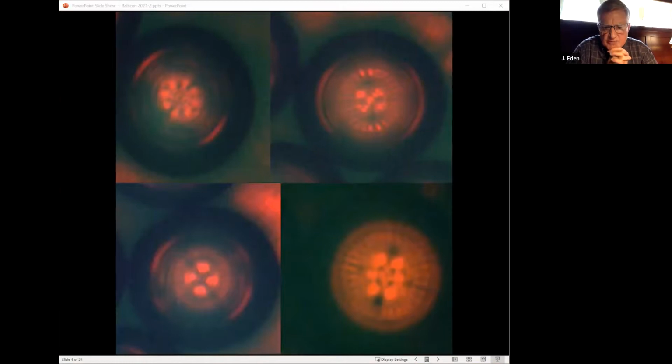Here's another photograph. These photographs were taken in real color, and you can see that some very strange modes can be generated with this new type of laser. I'll let you think about what they might mean, but for the sake of time, I'm not going to comment on them further. Let's go to the next slide.